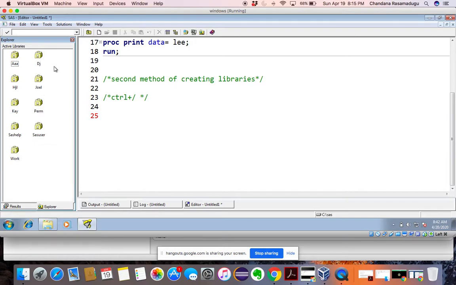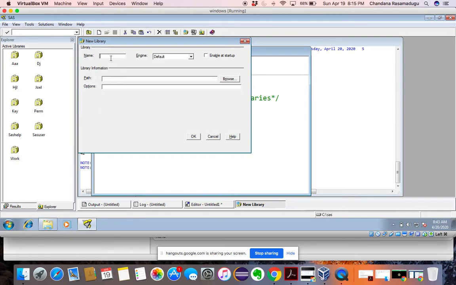For example, when creating a new folder BBB, you have to enable at startup. If you click on this, every time you open a SAS session you will be able to see the BBB folder. If you didn't click on the enable at startup option, then you won't see it, and you have to go and open it again.